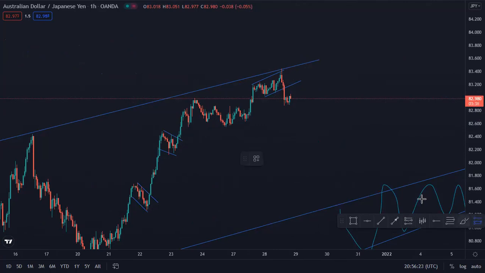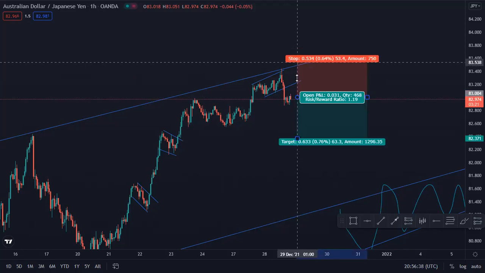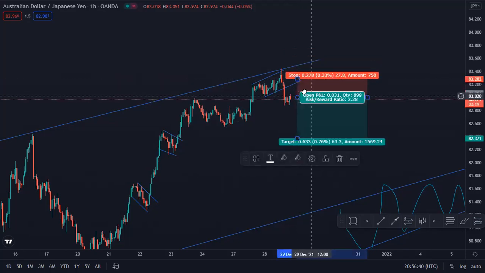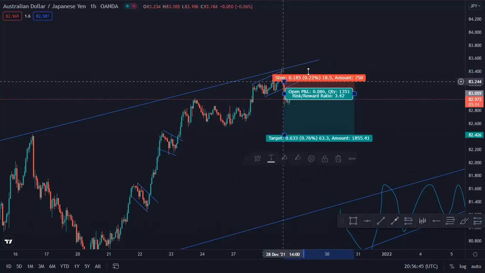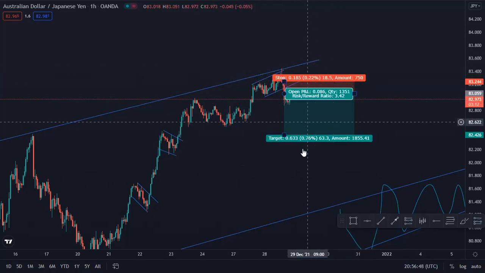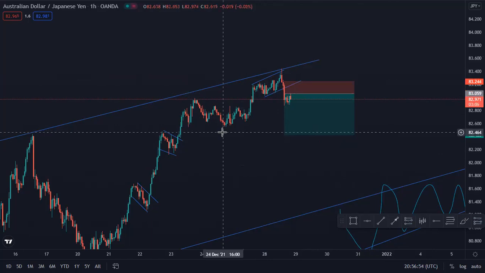Before we look to capitalize on this other pattern here down below, you can see that we also had an opportunity right here to enter our sell. We had an opportunity to enter our sell right here, and there's still an opportunity. It's still open. As we jump into the 30 minutes time frame, you will see